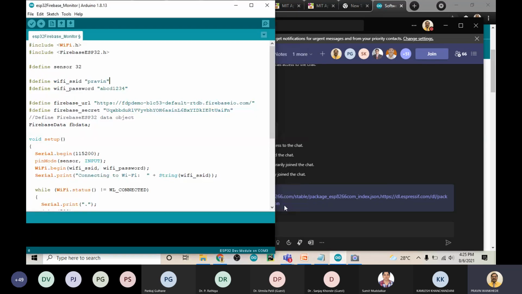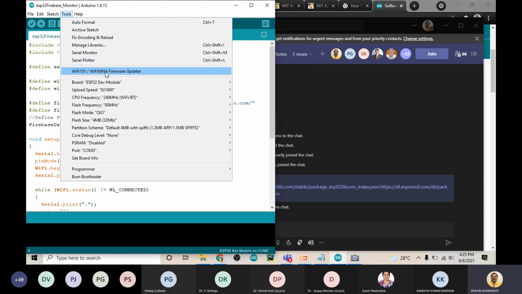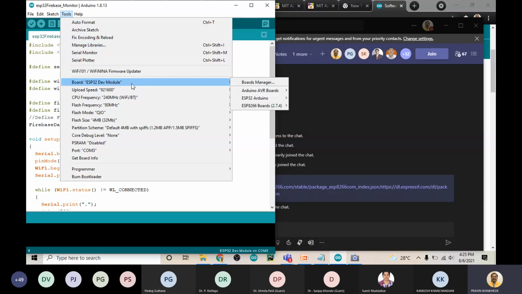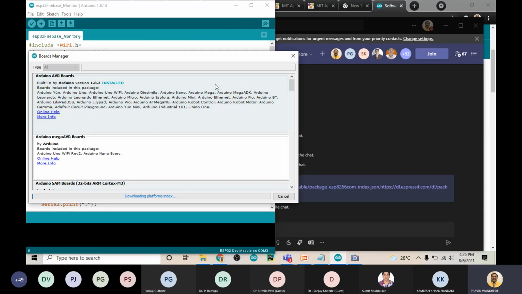Okay, once you are done with this, now you have to go to the tools and then you have to go to the board, and here is the board manager, and you have to just wait for some time because you have given the additional board links to the Arduino IDE.